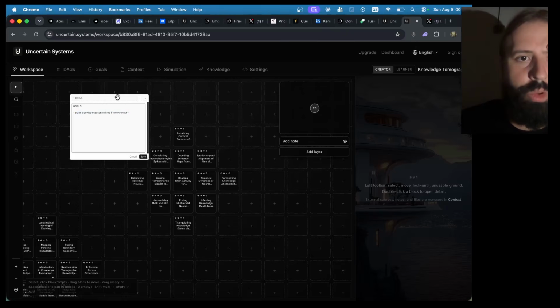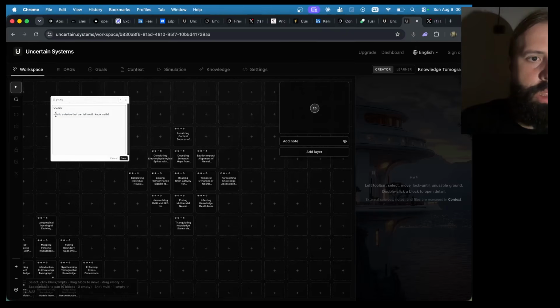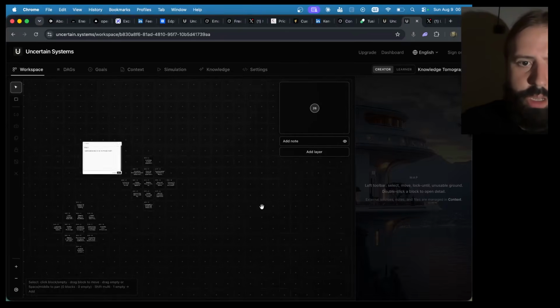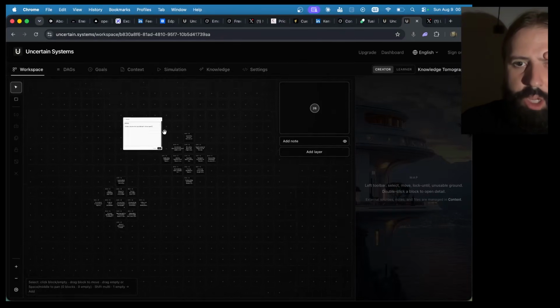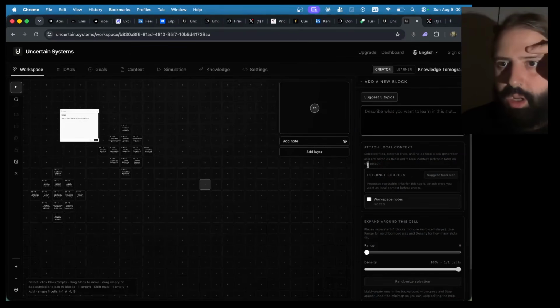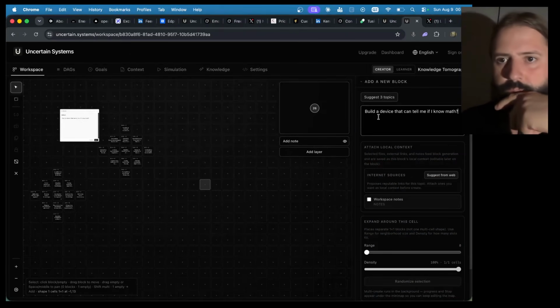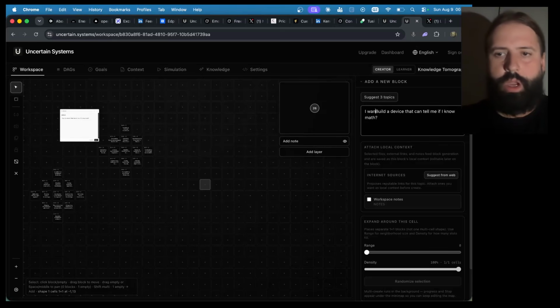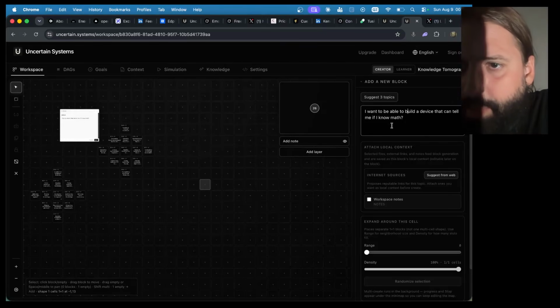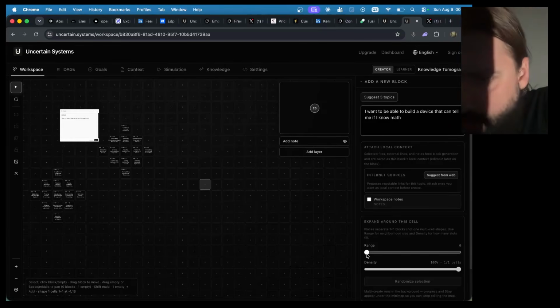What do I need to build to achieve these, right? So this would be something that I could explore somewhere else here. When I say I want to build a device that can tell me if I know math, and I can,